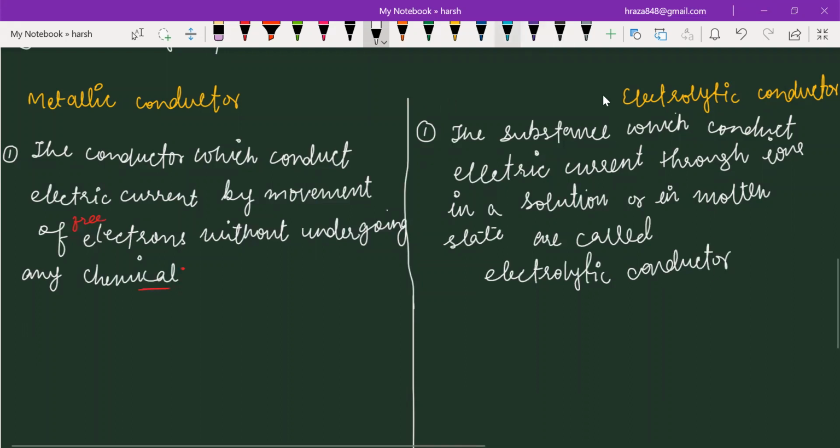When we do electrolysis, you will see what all this is. For example, we can write